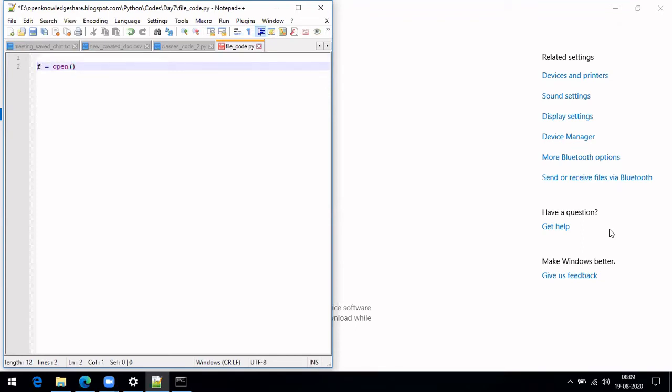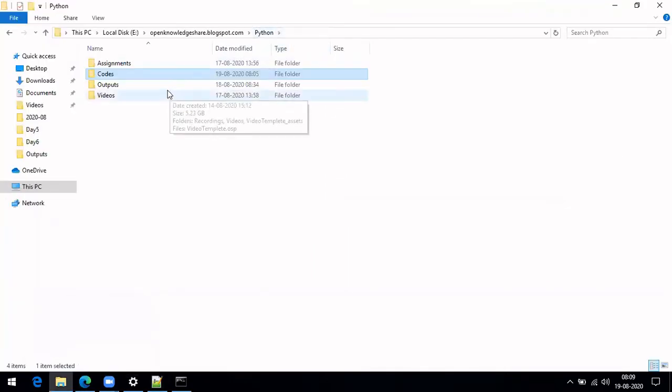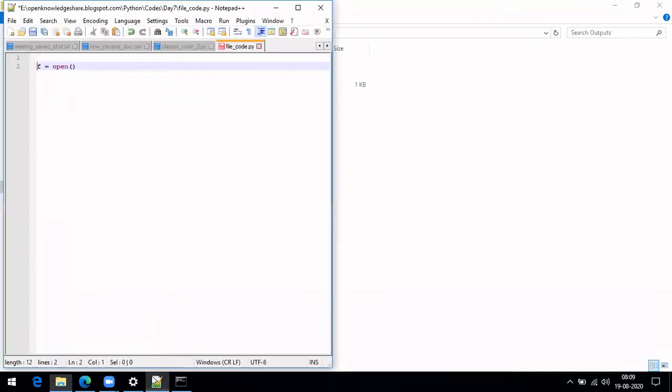Okay, initially, let me get the folder path. Let me create the path here. So let us write the main folder path.